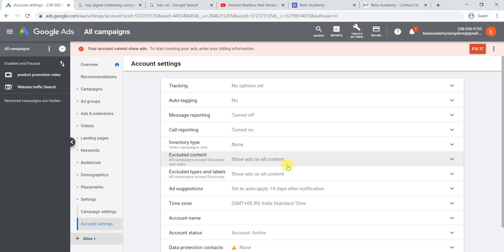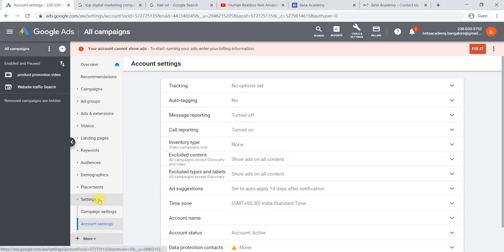Now we will check how to do A/B testing. A/B testing is nothing but we'll create two variations of the ad for the same thing. The first ad will have a different heading and different link, everything. The second ad we will create with a different description and heading. And we will check which ad is performing better, and we'll continue with that particular ad for the future.